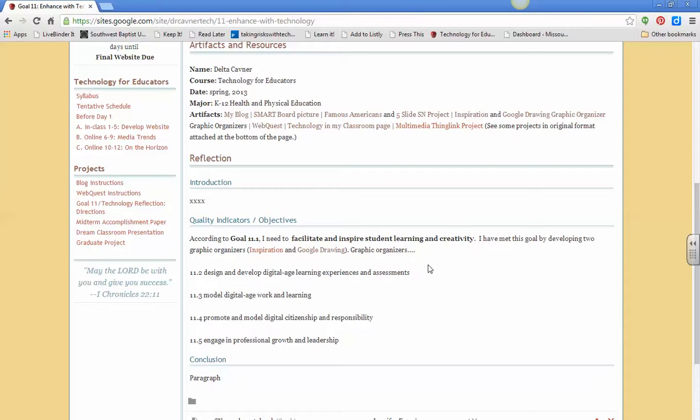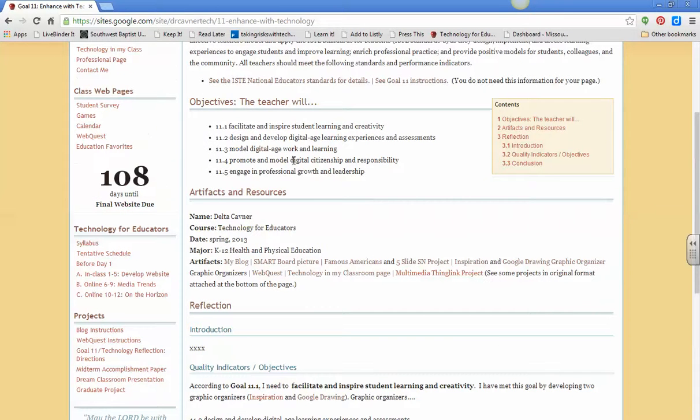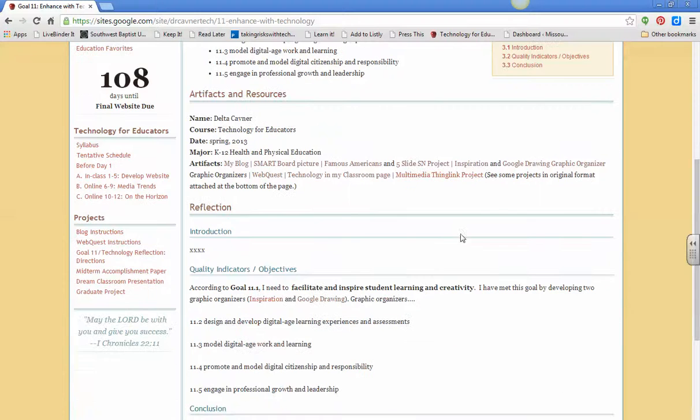You want to vary the beginnings. So this one says, according to Goal 11.1, and you notice that 11.1 is in bold, I need to facilitate and inspire student learning and creativity. This bolded information is exactly the same as the bulleted point up here, and you'll do that for each one of your paragraphs. So I have the exact language of the goal.